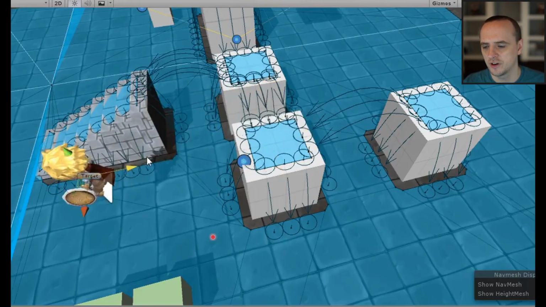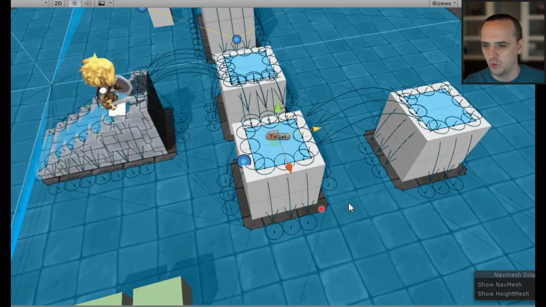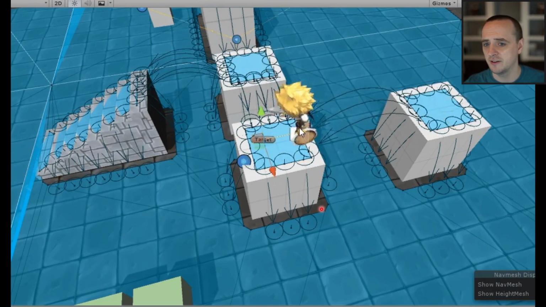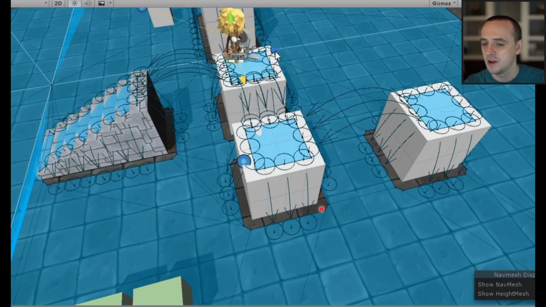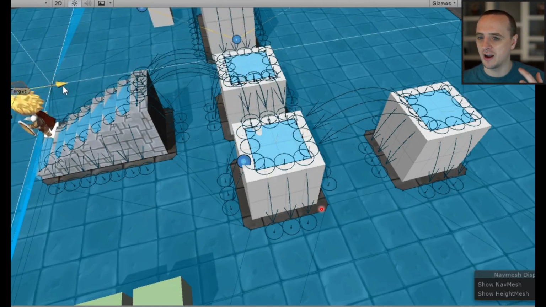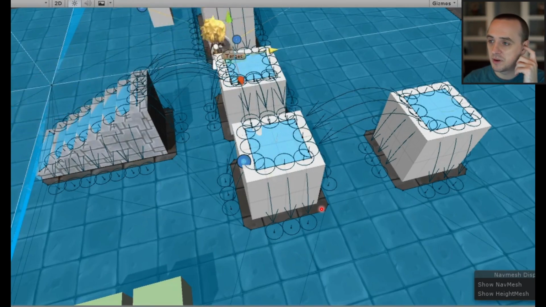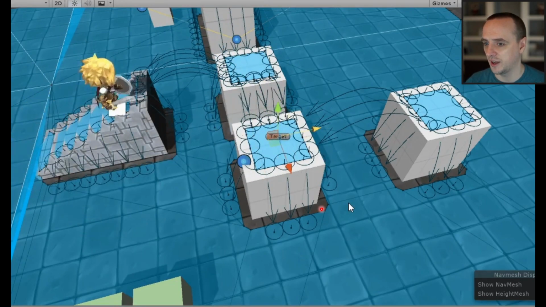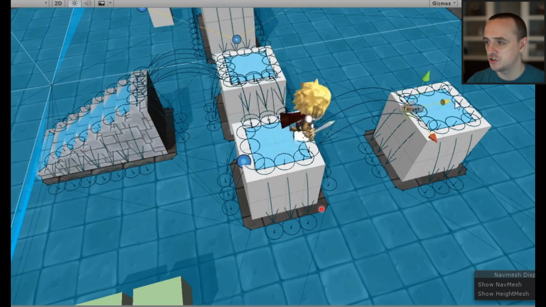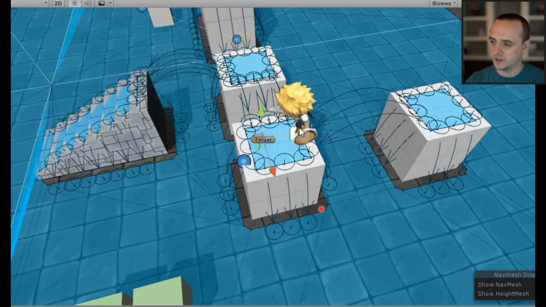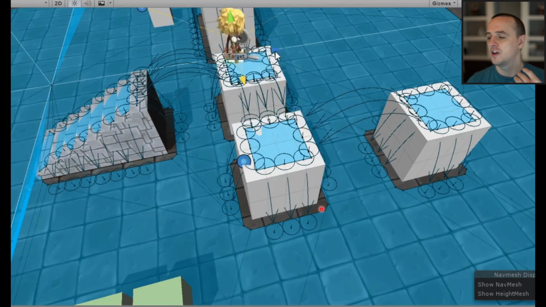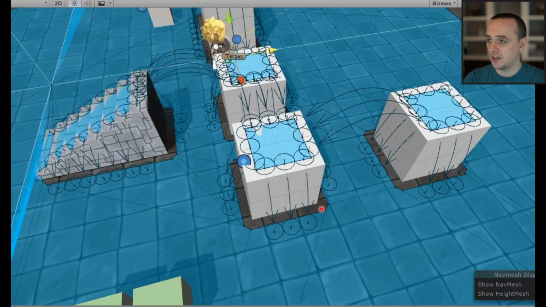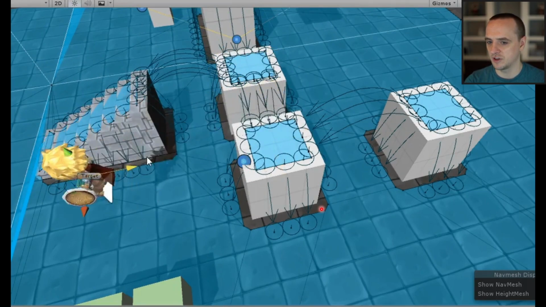Here's a little bit more of a complex example where maybe the player in this game can't jump, right? But you want them to be able to automatically leap between pillars, for example. So this is almost like a Legend of Zelda game, right? Where you can't manually jump, but if the space between two ledges is small enough, if you walk forward, it will automatically do a little bit of a hop for you. So this is how you can implement something like that with a navigation mesh.